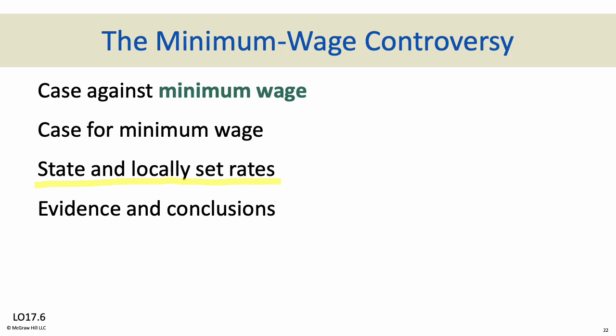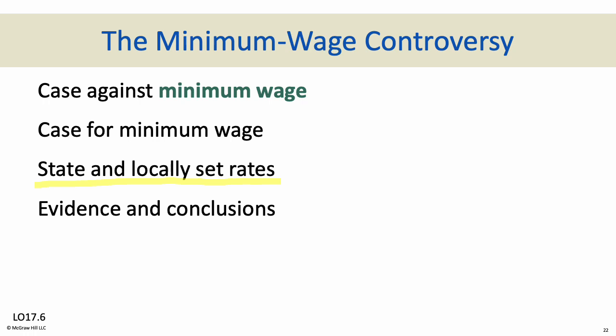So the United States has had a federal minimum wage since 1938, and a lot of states have laws of their own that could be significantly higher than the federal rate. Critics argue that the minimum wage, if it's above the equilibrium wage rate, which I just said, can cause employers to hire fewer workers, or may even cause people to get fired or firms to go out of business because they can't pay it. And they could argue that many of the workers who receive the minimum wage, such as teenagers, aren't really living in impoverished households and aren't self-supporting. A teenager who's working a couple shifts a week at McDonald's for some extra spending money is probably not a head of the household and may not need a guaranteed minimum.